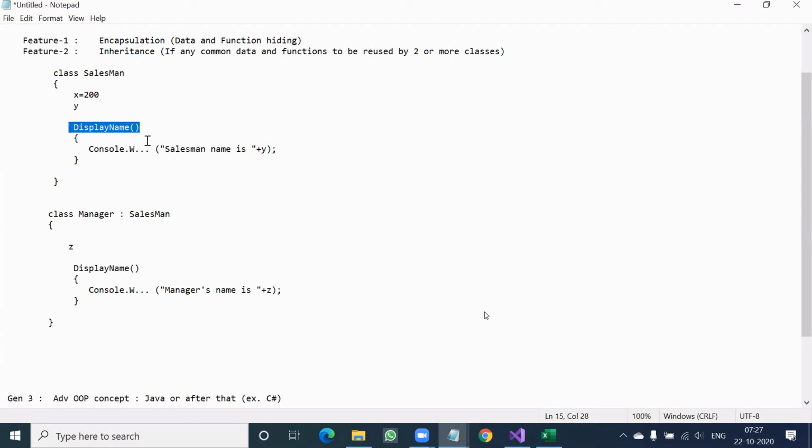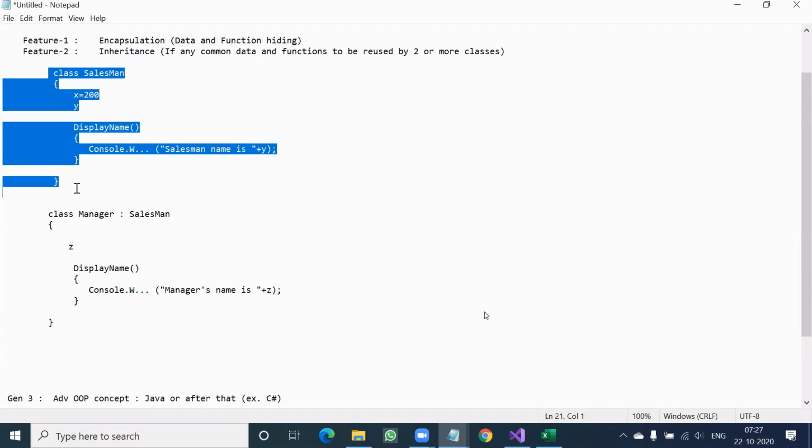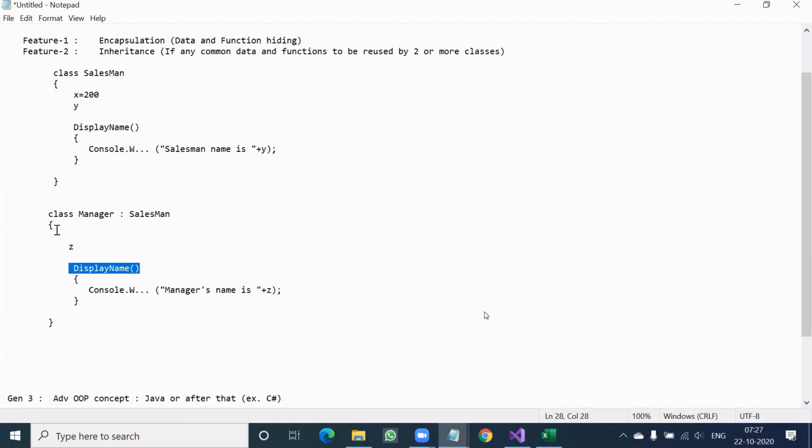Name-wise, both are the same name. Understand carefully. This indicates the salesman's name, this indicates the manager's name. But functionality-wise, internally, this is displaying the actual salesman's name and this is displaying the manager's name.